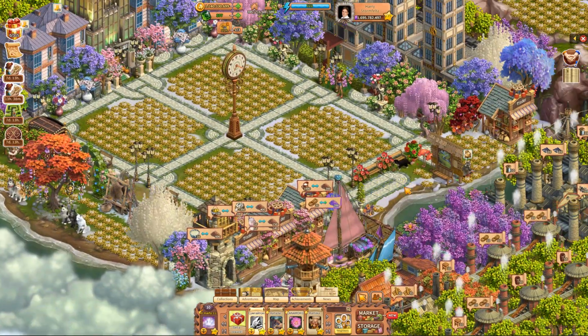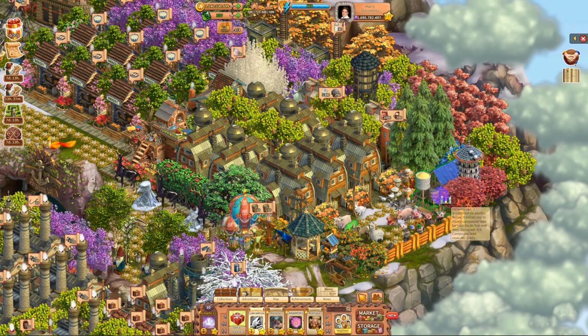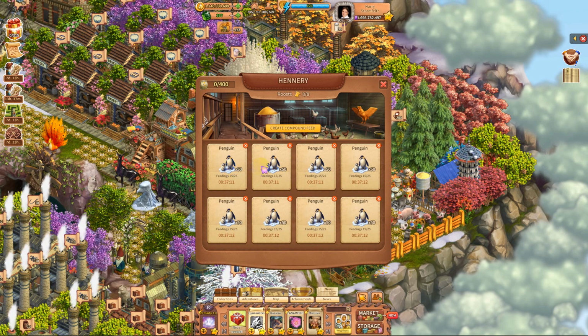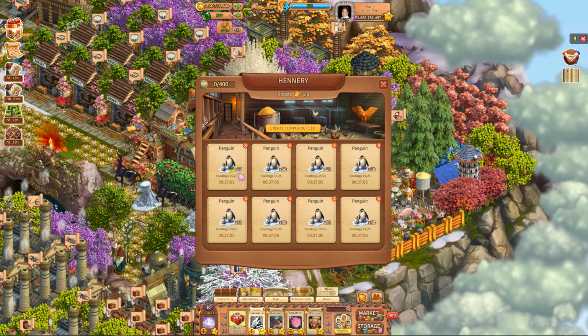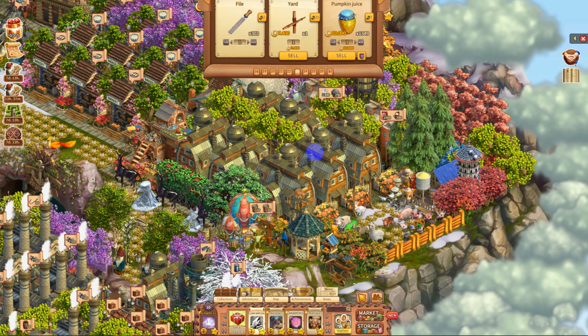Okay, right now I have 2 barns here and I have a hennery. And in the hennery right now I have penguins. This here gets me all the cod liver oil I need. So if I run penguins twice a week, and also then chickens, all of it with chickens, and when I run chickens, I can use,